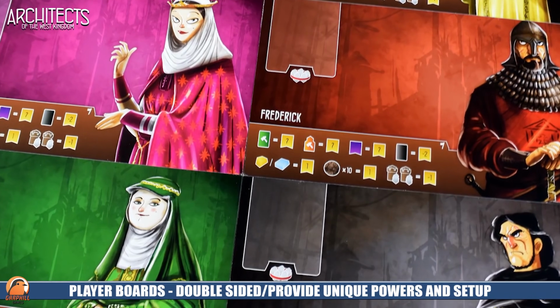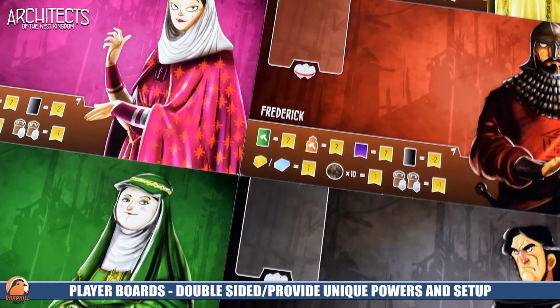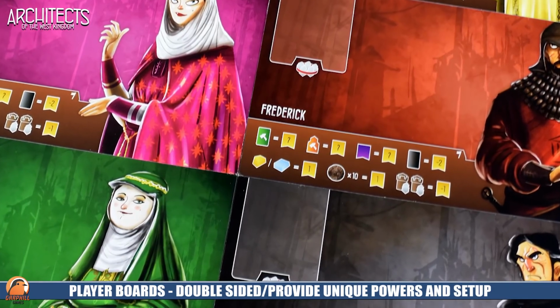And it also tells you where you may start here, how many coins you may start with, and you may even start with some workers in different locations to start the game. There's even a player that starts with a large number, almost half of their workers, in the prison. So the variable player powers are very interesting, but like Jeremy said, we have this set up as a